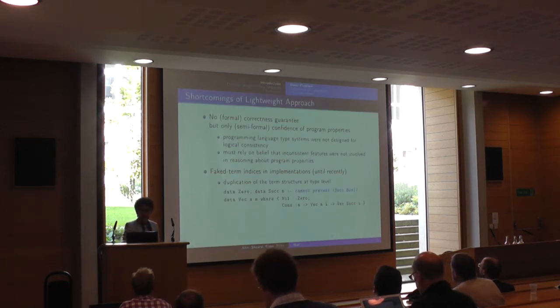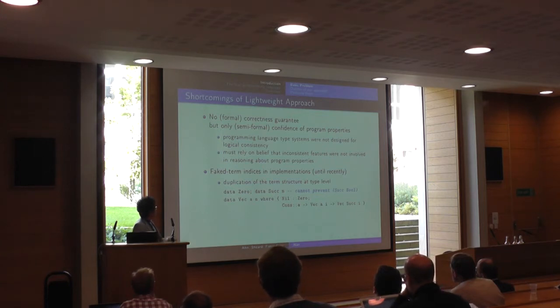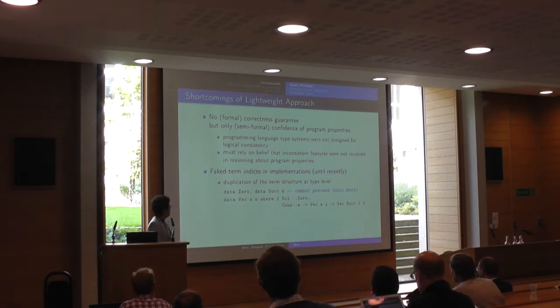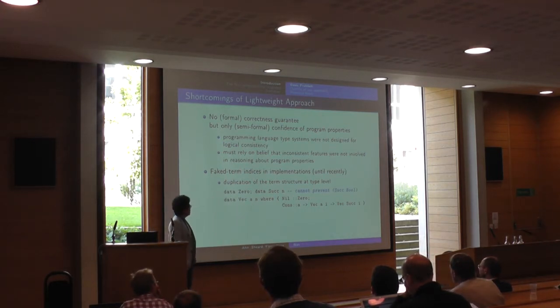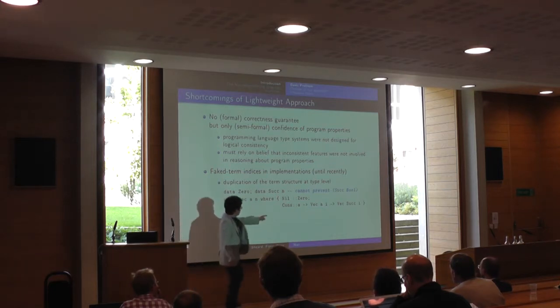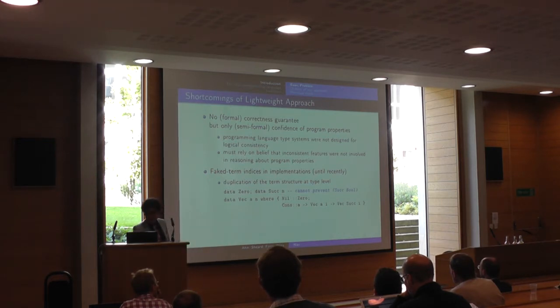This has been addressed recently, but another problem is that term structures are duplicated at the type level. And it's not a real term. If you want to model something like a vector, a length-indexed list, and you want to index n as the length of the list, there's an obvious typo, it's a vector of a, 0 there. But what you end up doing is making a copy of the 0 and a successor at the type level, and there are